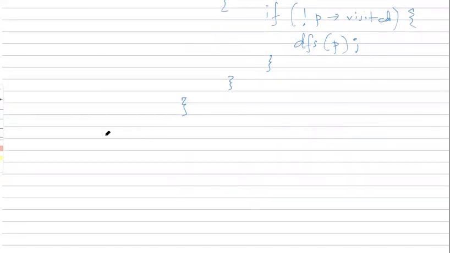So the complexity, the running time, is V plus E, the number of vertices plus the number of edges, because we are touching upon every single vertex and every single edge. Now the number of edges essentially is